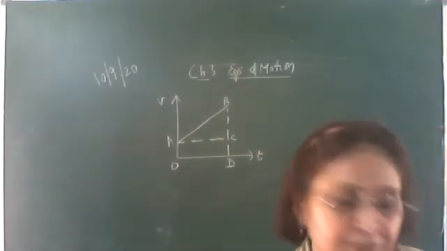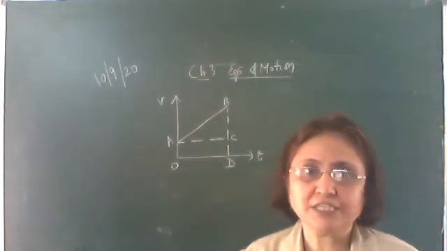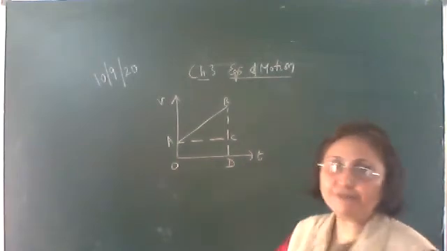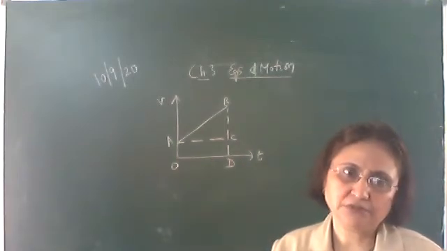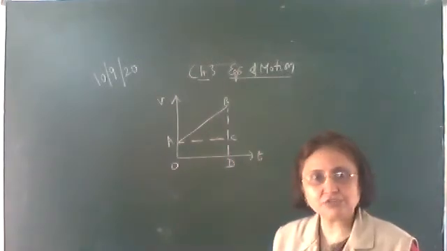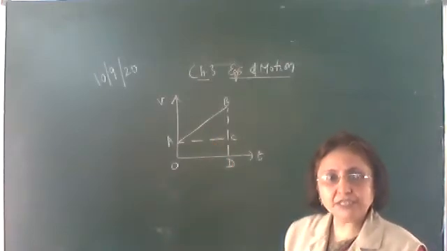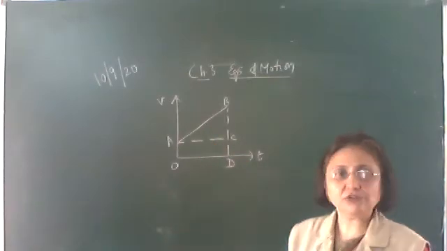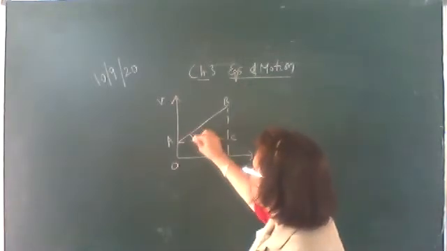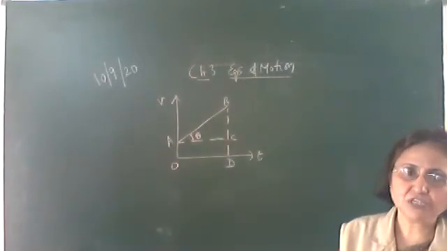Okay, so yesterday we derived two equations of motion graphically. The first one, v is equal to u plus at. How? By plotting the velocity time graph for uniformly accelerated motion. In uniformly accelerated motion, the vt graph is a straight line having a constant slope. As acceleration is coming in the first equation, from the graph we find out the acceleration, which is the slope of the line, and the slope of the line is given by tan theta, perpendicular upon base. Okay, so we get the first equation of motion.